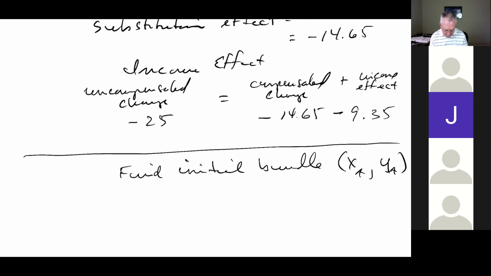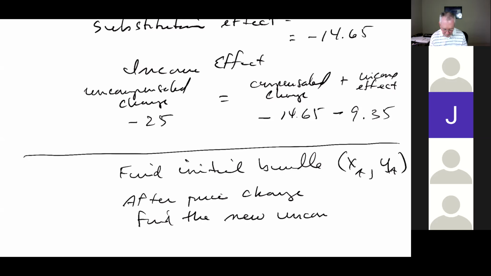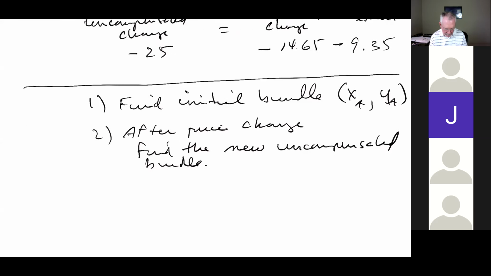And then after the price change, I find the new uncompensated bundle. So first find the initial bundle, after price change find the uncompensated bundle, and then third, to find the substitution effect,